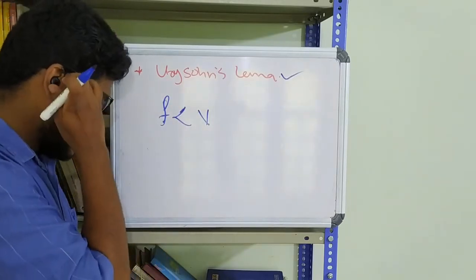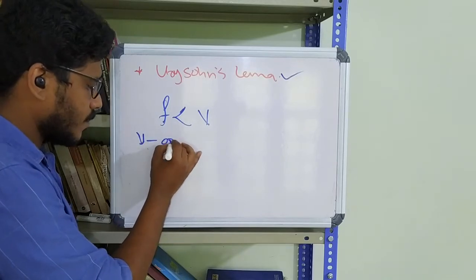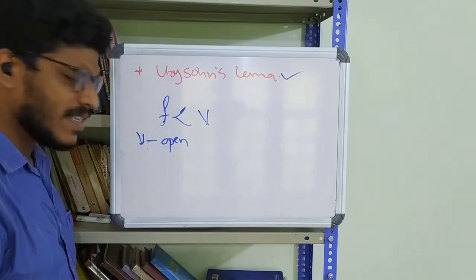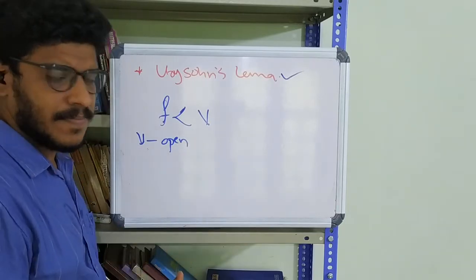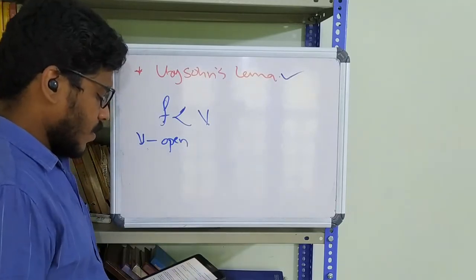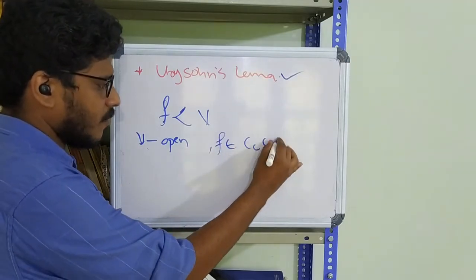Right. So this notation means the set V is open in X. Obviously, we define and we discuss everything on X. So V is open, and as we have seen, f is in CcX,